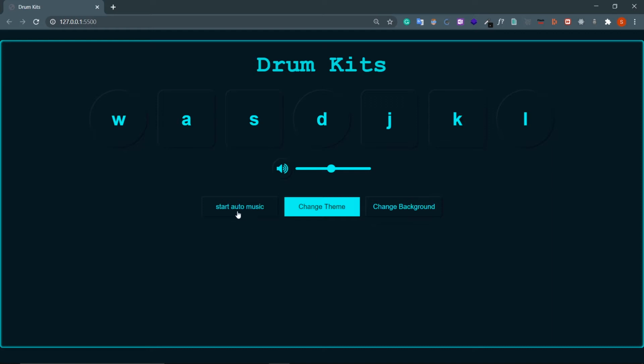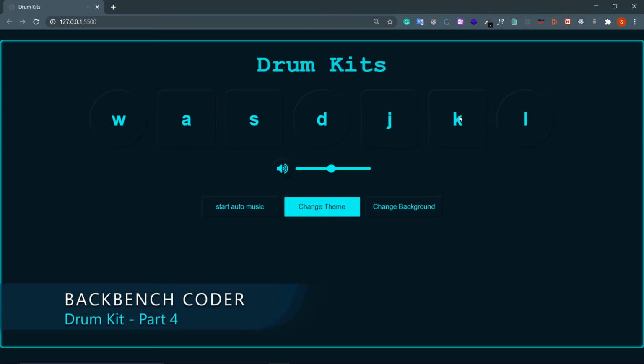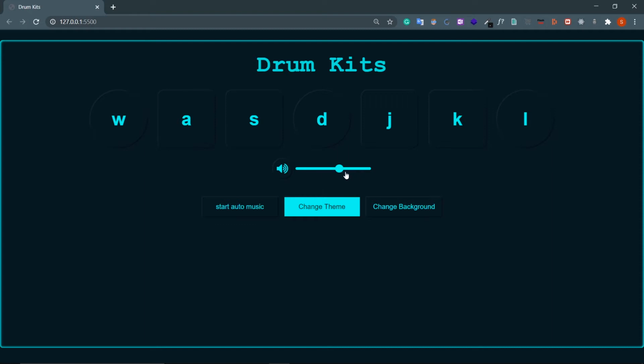So in the last video, I added the start auto music feature. It basically generates random music from these buttons. And then we also controlled the browser sounds with this slider. And in this video, I'll be doing this change theme feature, which basically toggles between two themes, which is